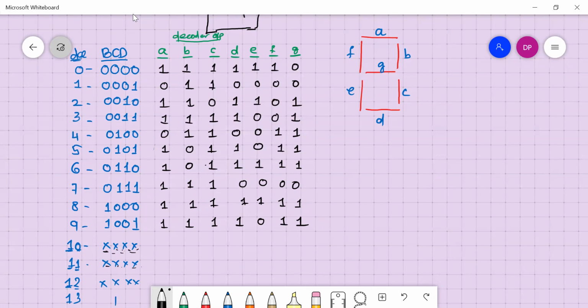Now we will make a truth table for this. Let me rename these 4 bits, this bit, this bit, this bit and this bit, as B0, B1, B2, B3.